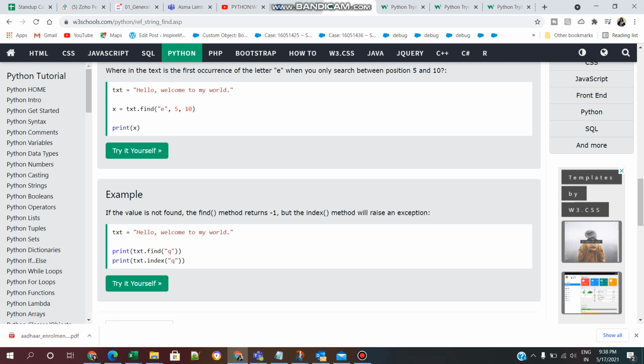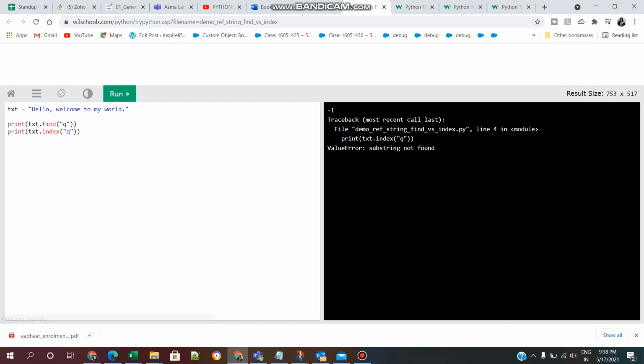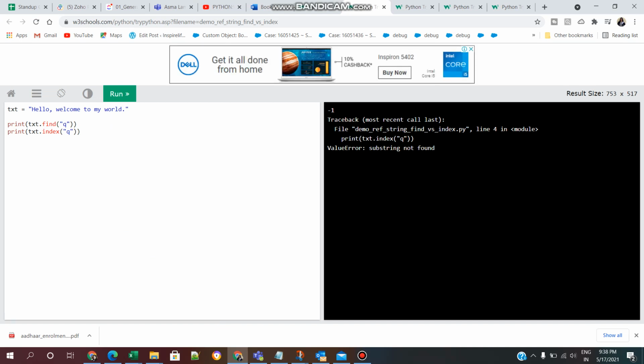So we will compare this find method and index method. So click on try it yourself. Here q is not found. So in the find method it will give -1. So we got -1. And in index, if the specified value is not found, it will throw an exception. So it is throwing an exception. Here substring not found is the ValueError. This is the difference between the find method and the index method.